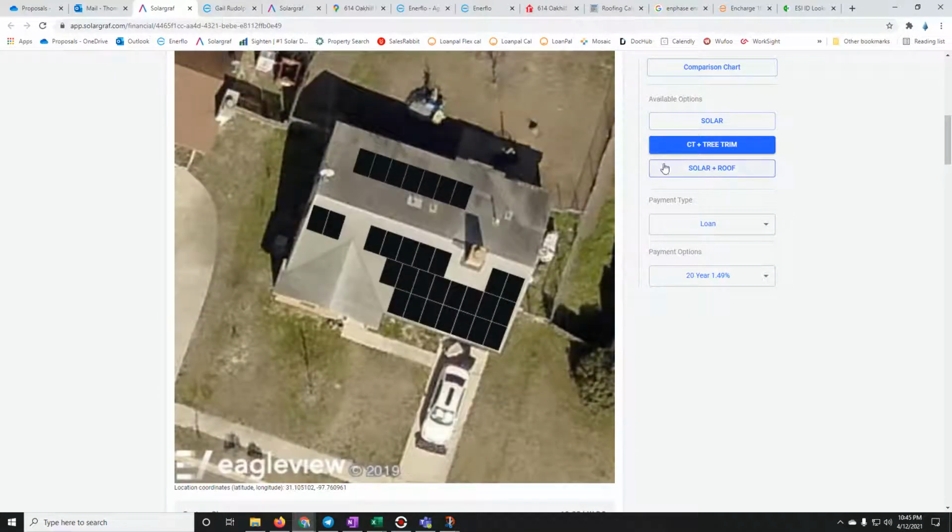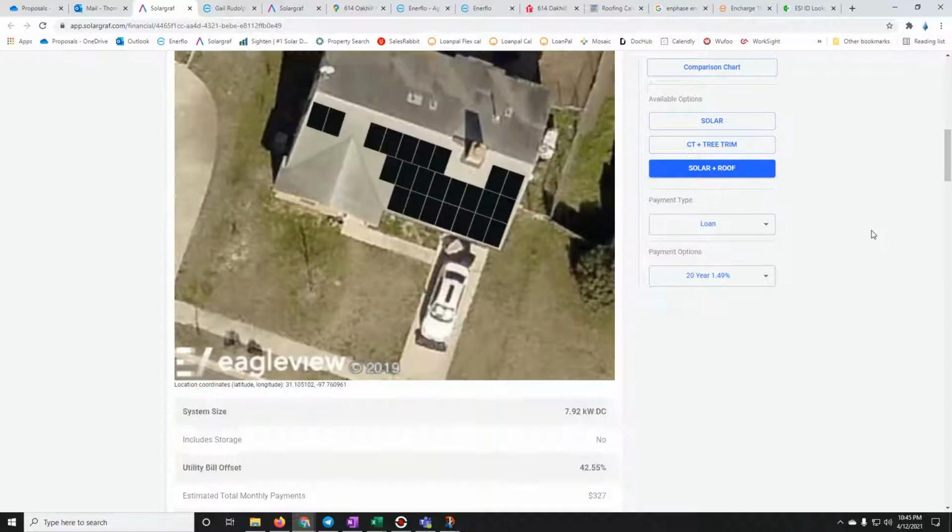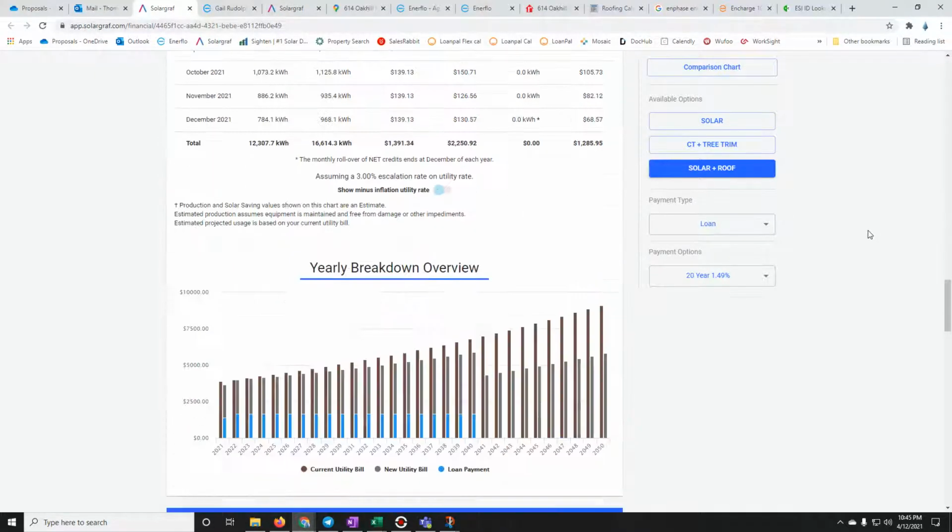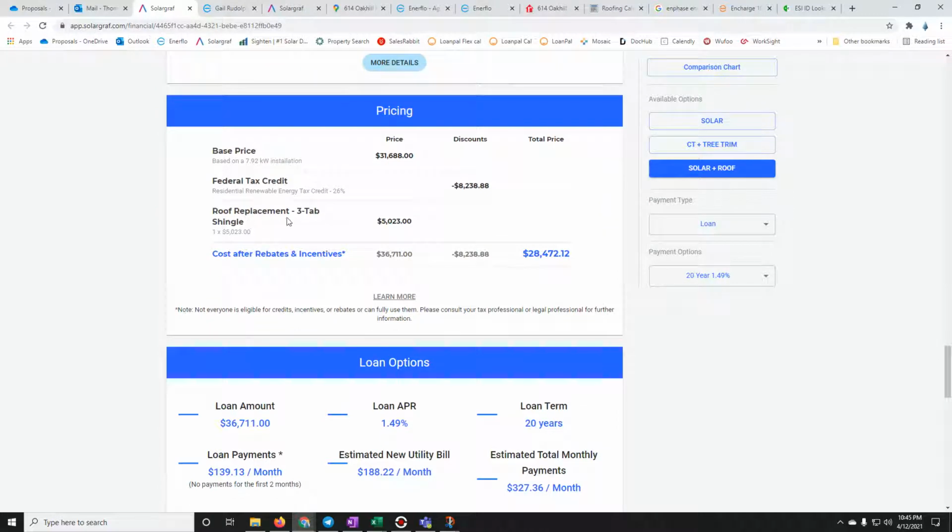And then if this is actually a solar plus roof job for Jacob, so we'll click on solar plus roof with no counter tilts, and this will show you the roof price here in the cost breakdown. One thing to note about roofs is that we're going to take the dealer fee and attach it to the solar. So this is always going to show you what the cash price is of the roof, and the dealer fee that's attached to that, which in this case it's like $3,000 or $4,000,